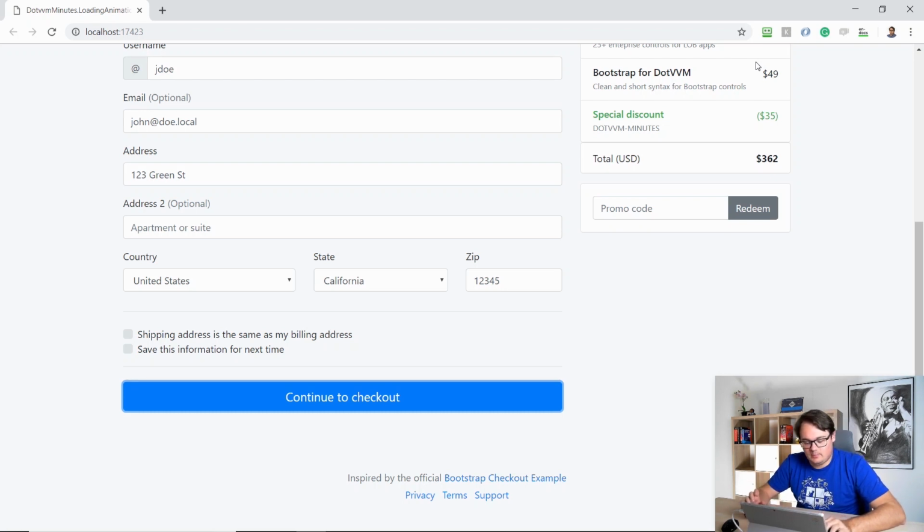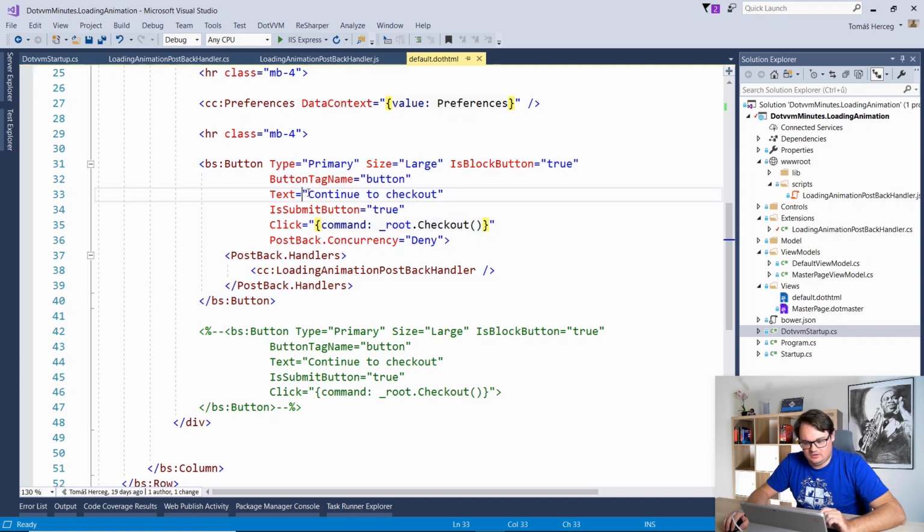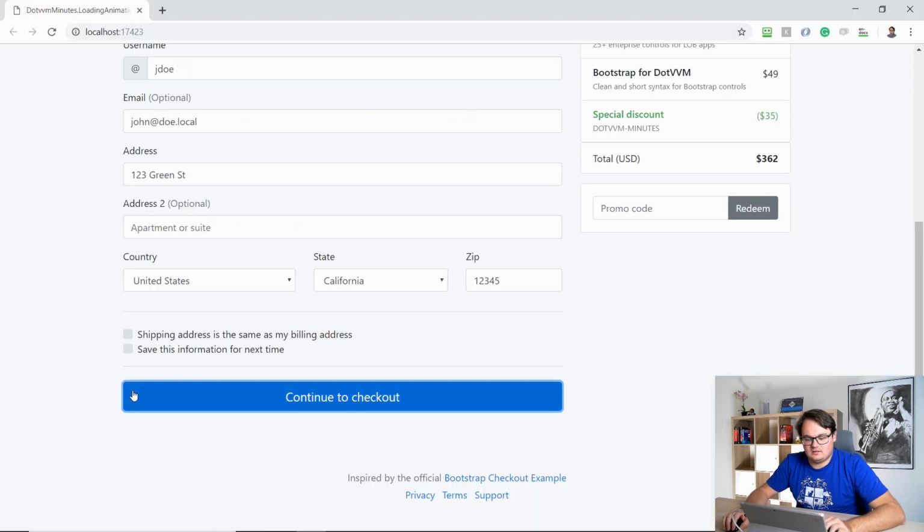Okay, so let's jump in the code. This is the button which does the entire magic. So there is the continue to checkout text, and it's a button because it will contain text and also an image. So we need to use the button element instead of the input. The size of the button is large, which will add some bootstrap CSS classes. And block button, it means that it behaves like a block element, so it has the 100% of the available